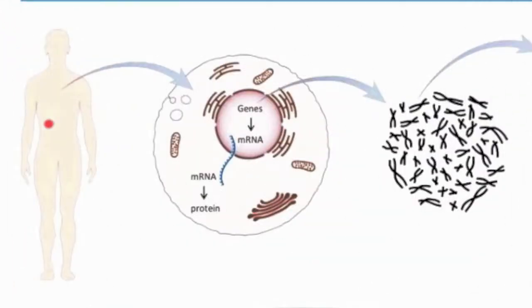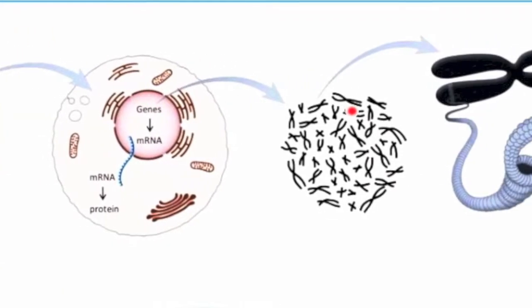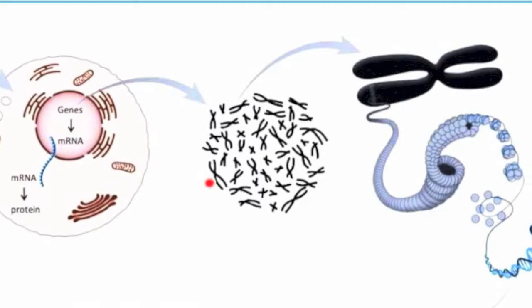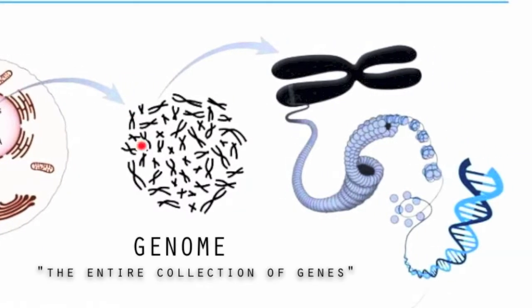If you take a cell out of an individual and examine that cell molecularly, the cell houses DNA, and in fact, all the DNA necessary to encode all of the proteins that are necessary to create a cell. And that collection of DNA, as shown as chromosomes here, is collectively described as the genome. This is the entire collection of genes encoding all of the proteins necessary to create every different cell in the